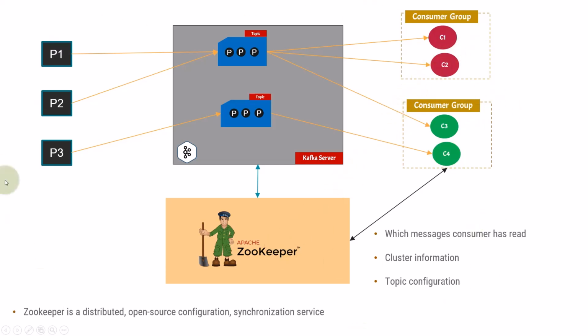So this whole ecosystem is the Kafka architecture. Again I'll repeat: there is a producer which publishes messages to the topic, there is a consumer which consumes messages from the topic, and there is Apache Zookeeper which keeps the synchronization between all these systems and keeps the configuration for all of them. This is a high level view. We'll go into the detail of every component, that is producer, topic, partition, consumer, everything in our subsequent videos.